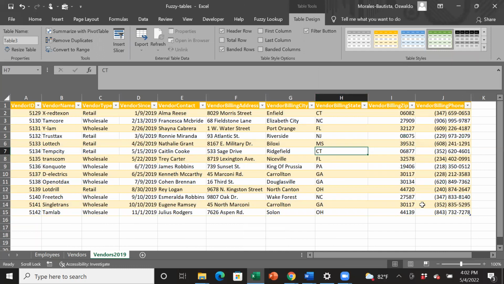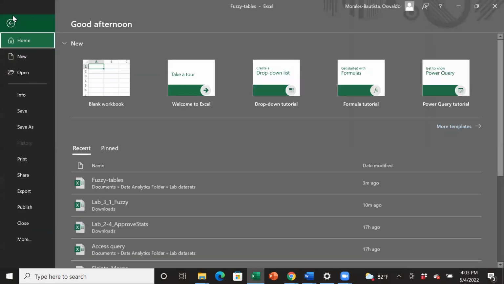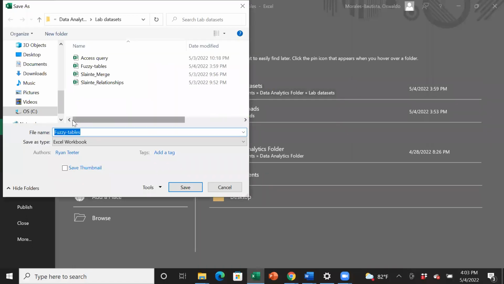So that is what we ultimately wanted. Okay, now what we want to do is go ahead and save this as a new workbook. So we're gonna go to save as, save it in